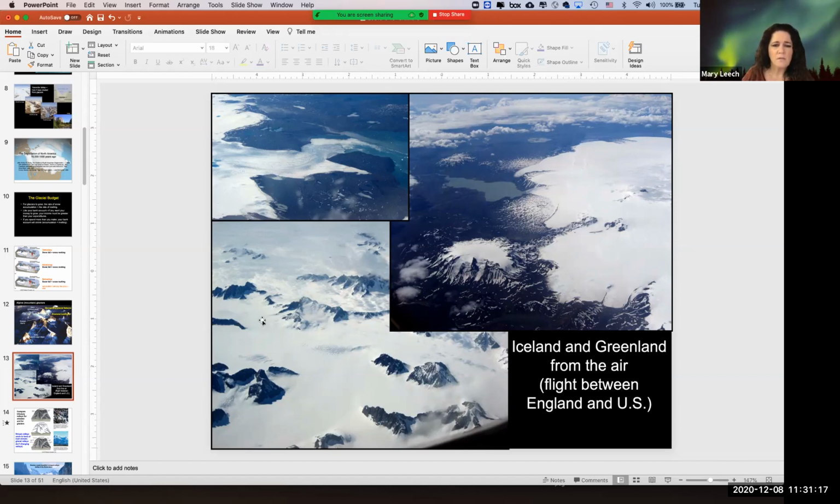This is a continental glacier. So you see the mountain peaks are sticking out of it. This is kind of what parts of Antarctica look like as well. There are some glaciers up in the mountains still, like this is the snow line here.